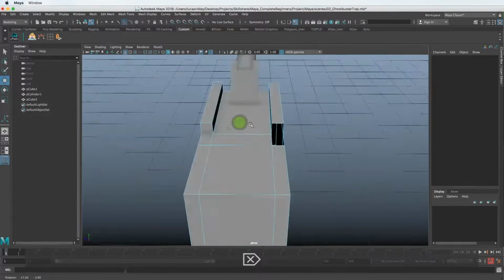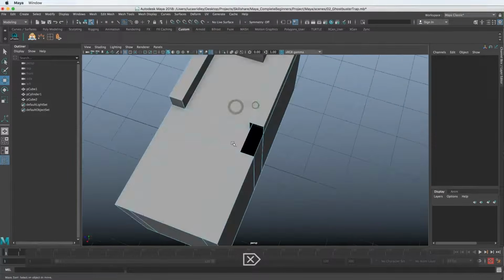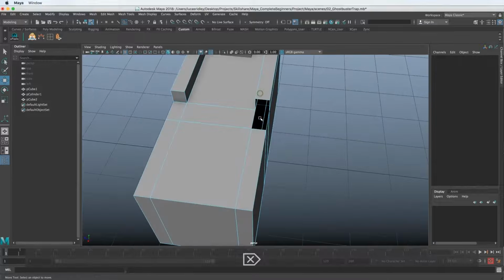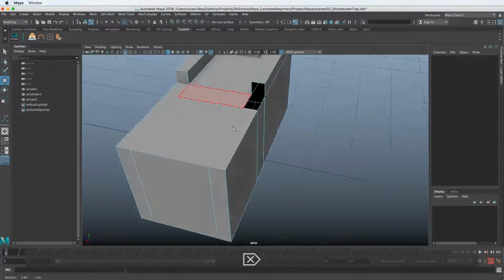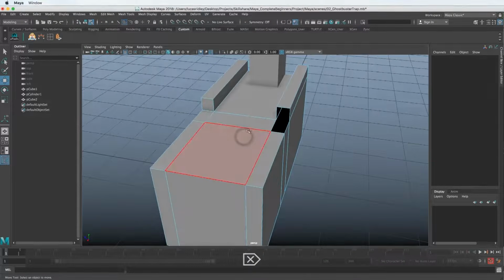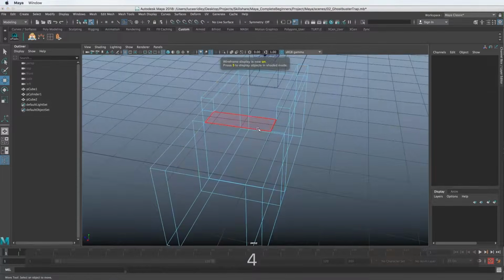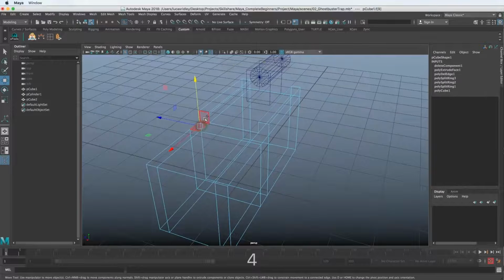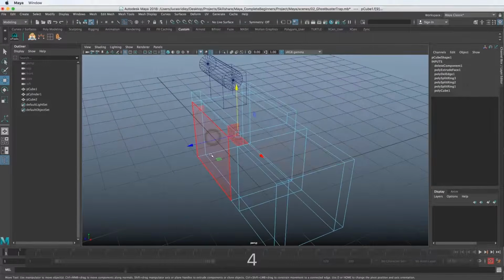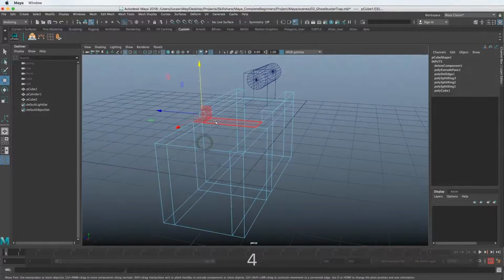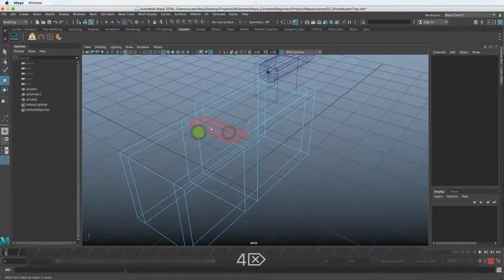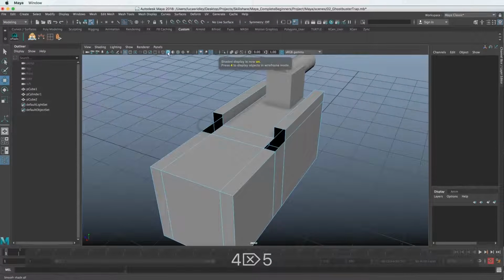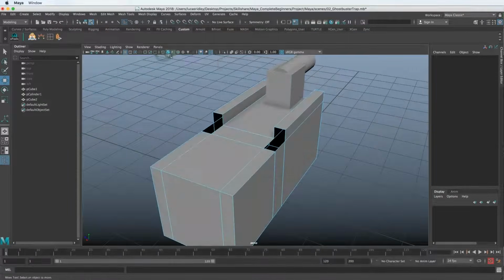And be careful you're not selecting faces through it. This can be a common thing. You can see if I drag my mouse over here, I'm actually selecting things on the bottom side. To double check that, you can also just go into wireframe mode. Let's hit 4 on our keyboard, and now we're in wireframe. So you can see through the object and make sure you're not selecting something on the opposite side. So let's delete that, and let's go back into the shaded mode and hit 5. You can also get to these modes up here by toggling through them.